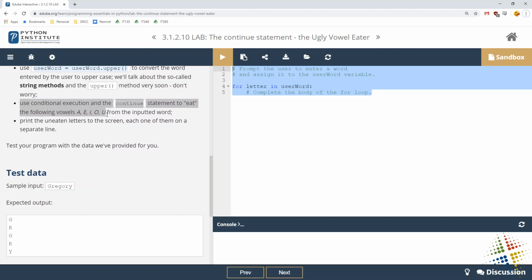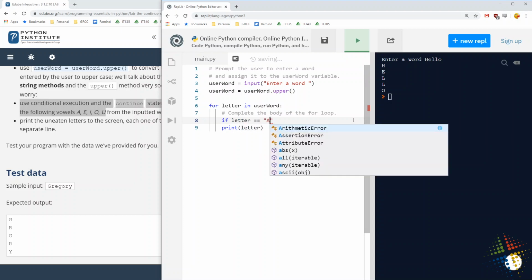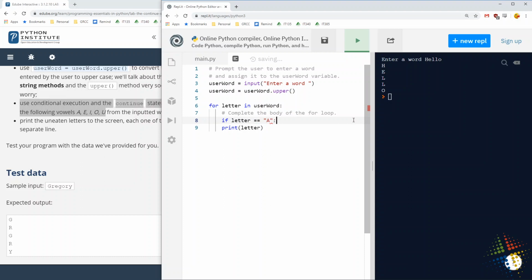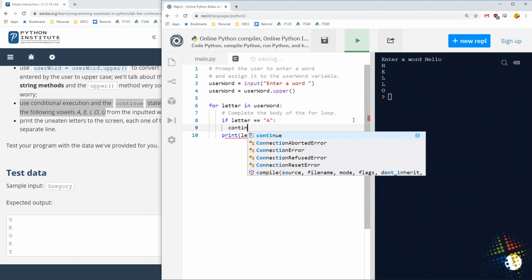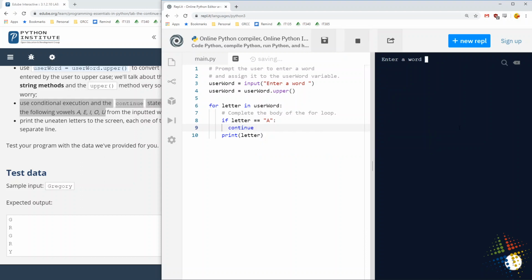And there's a couple of different ways I could do this. And I want it to be before this print command. I could say if letter double equal and capital A. And then it tells me to use the continue command to continue on. So let's try that. If I type in, say, anagram,